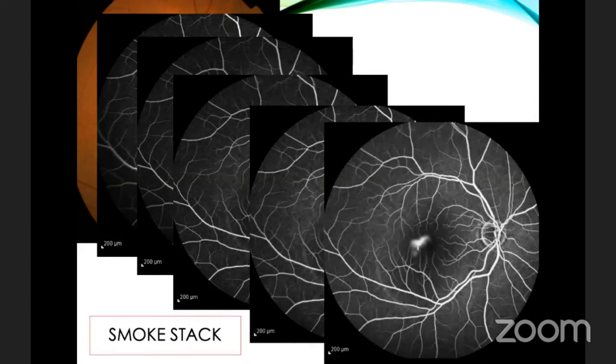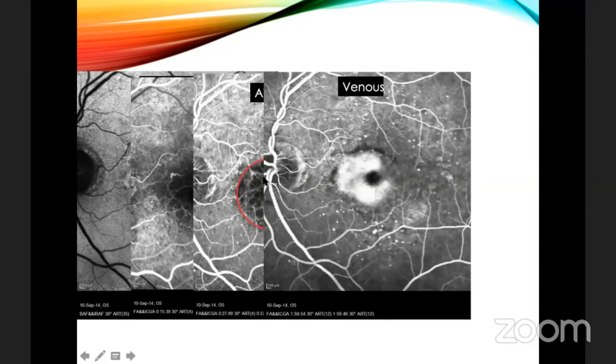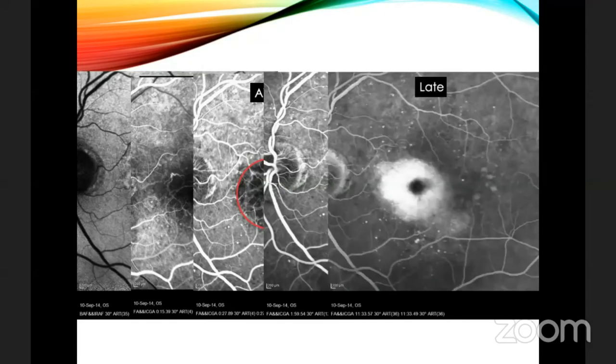So why is it important to know about these leaks in CSCR? Because it helps us to localize the leak and then do a focal laser in a case of recurrent CSCR. This is a case of a 75-year-old male who presented with diminution of vision for more than 6 months. Now we see on the fundus autofluorescence a high autofluorescing margin, and we see a lacy leakage in the early phases, which is increasing in size and intensity over the increasing phases of the angiogram.